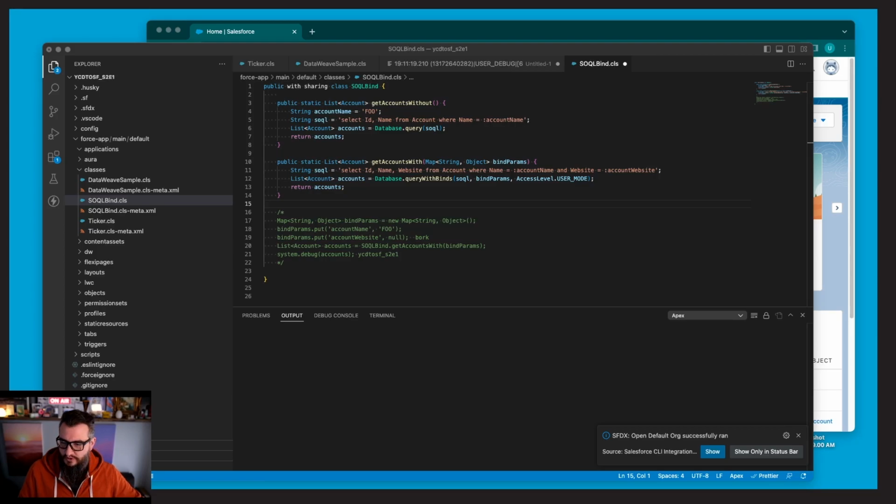I went down a rabbit hole with Apex and DataWeave, and I wanted to muck around a little bit more with this CSV process. So in doing so, I came up with a couple of toys and knickknacks that we can take a look at, and also found a decent generator of Salesforce data